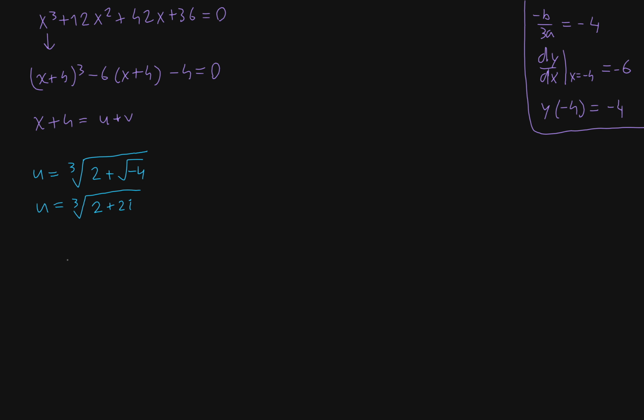And now what we're going to actually want to do is convert this into polar form. So we're going to have u is equal to the cube root of, the magnitude here is going to be root 8, or the radius basically, going to be root 8